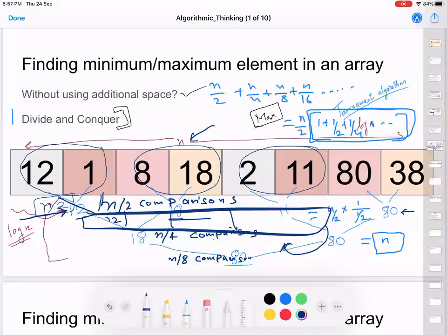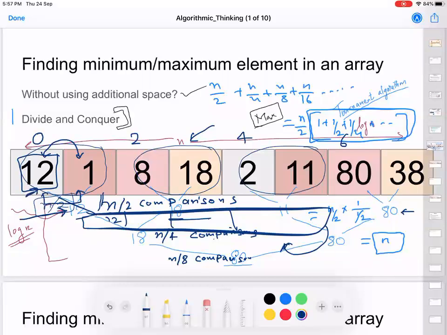How can you make it in place? You can have a logic like this. When I'm comparing these first 2 elements here, I'll keep the maximum at this location. Let's say this is location 0, this is location 2, this is location 4, 6. Let's say I'm going to use the even locations in my array to keep the max. Or you can even swap them here in the first iteration, so that the max element in these 2 pairs always ends up at the first location.